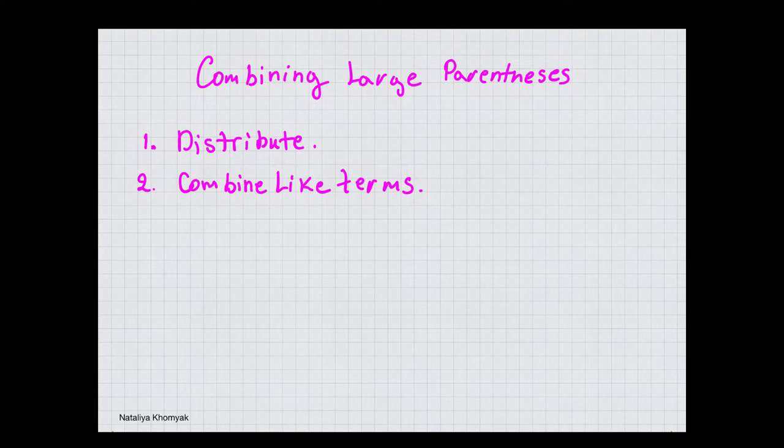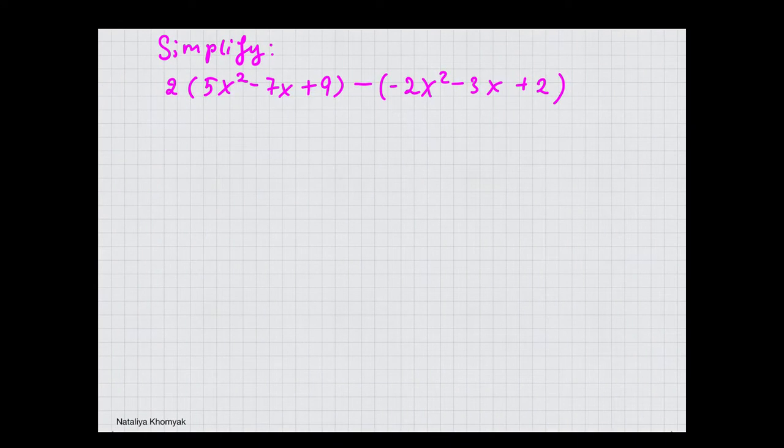Combining large parentheses, which is adding, subtracting. Now first you want to distribute, then you want to combine like terms. Here we have two parentheses where we have to simplify first. And the first thing I want to do is distribute this 2 into this parentheses and this -1 into this